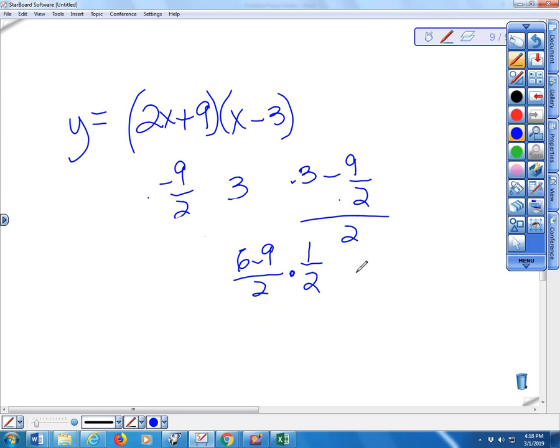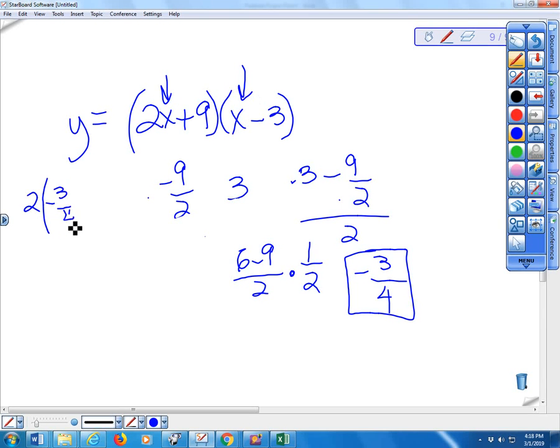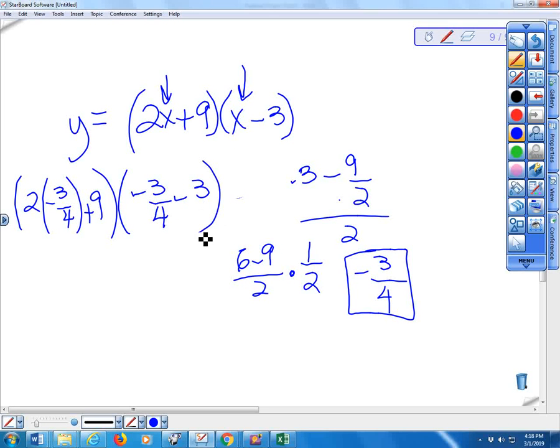6 minus 9 is negative 3. 2 times 2 is 4. There is the x-coordinate of my vertex. To find the y-coordinate, you plug that x-coordinate in here and here. So I have 2 times negative 3/4 plus 9 times negative 3/4 minus 3. Well, this is negative 6/4, which is 3/2